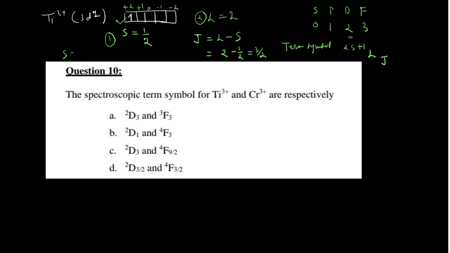S is equal to 2s plus 1, 2 into half plus 1, that will give you 2, the 2 gets cancelled, so you will have the value of 2. So it simply means 2, and the L value is 2, so it is in D, so you can write D here, and the J value is 3/2, so you can write 3/2. So for this titanium ion the value is actually 2D 3/2. Check the option which is the correct one.